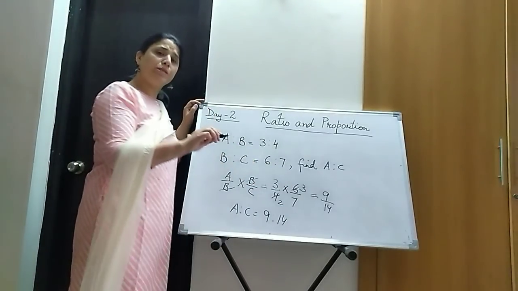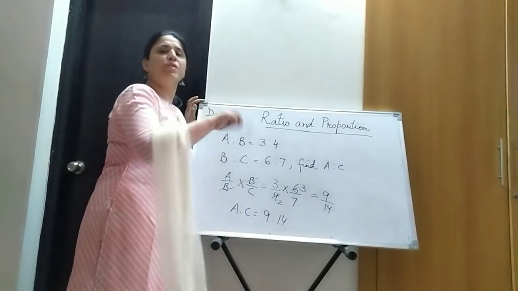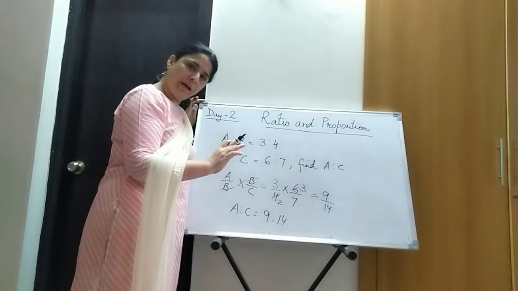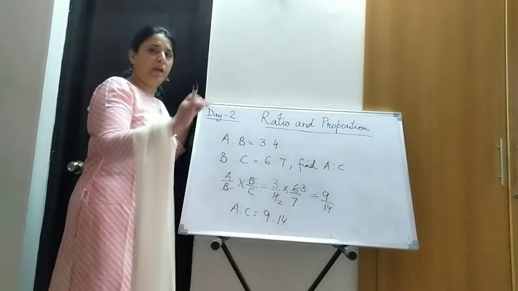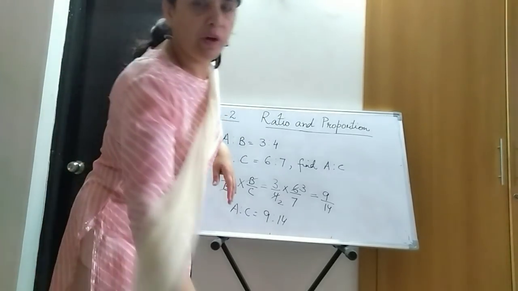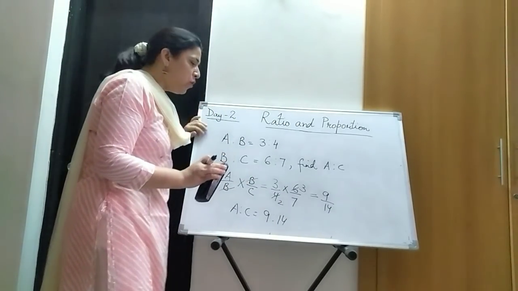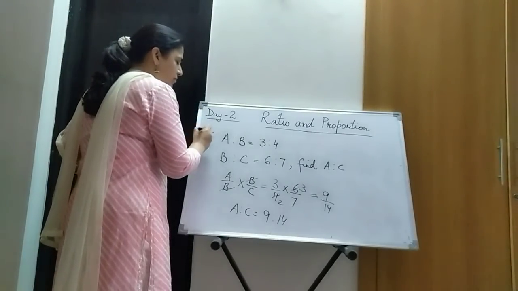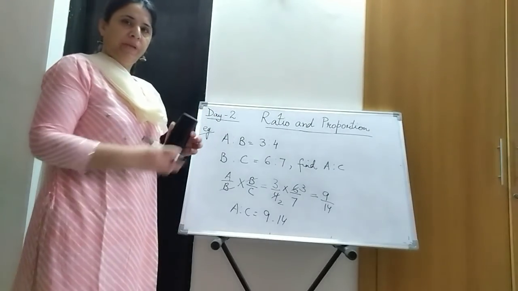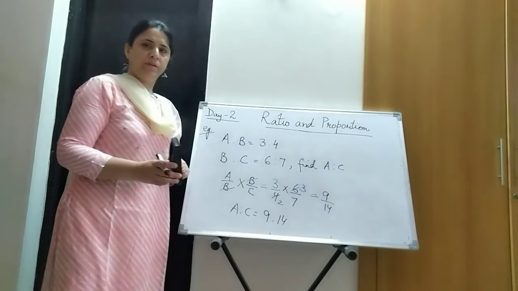And if they ask you C is to A, then it becomes 14 is to 9. Hope this is clear. Now after the video ends, you will do question number 3 and 4. I'll tell you what your work to be done will be later also. I hope you note it down as an example somewhere in your fair notebooks, and then the questions based on this. Note down this first.